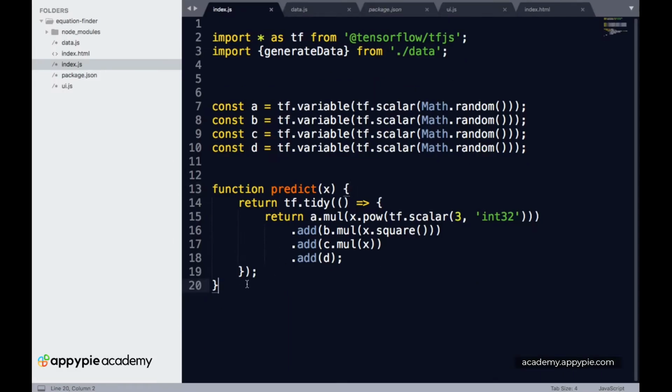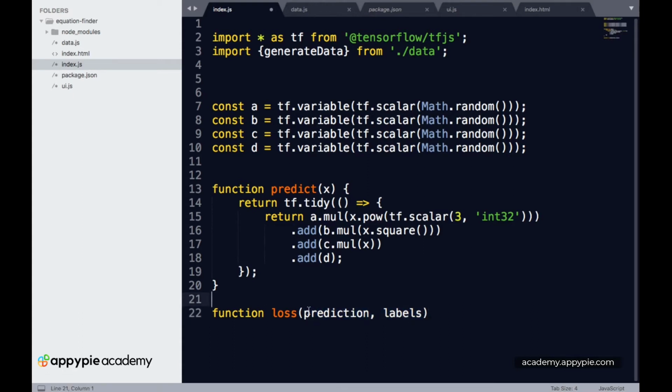Okay, so now let's go on a new line after our predict function, and let's type in a new function. This will be a loss function, and it will basically take in two parameters. The first one will be the prediction, which is given out by our model, and the second one will be the actual value. Let's call this the labels. This basically compares the value of prediction to the value of labels.